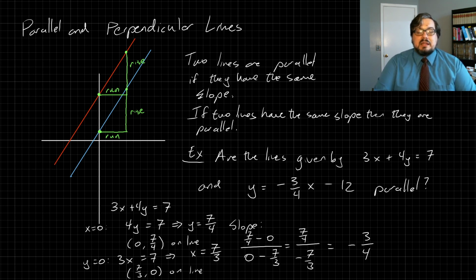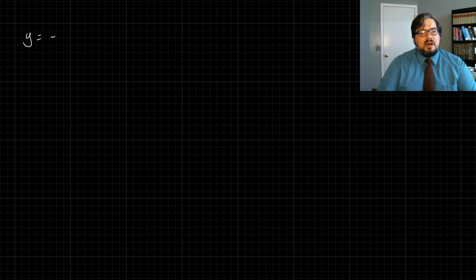Now, if we go through the same process on the other line, if we plug in a couple of points for the second line, we'll be able to figure it out. Now, let's go ahead and do that. And I've run out of space a little bit here. Sorry about that. Let's look at y equals negative 3/4 x